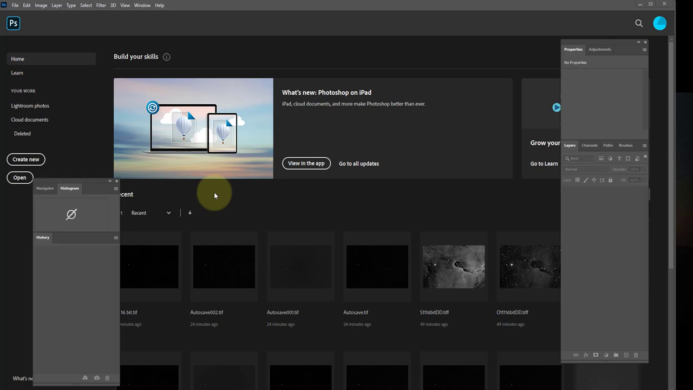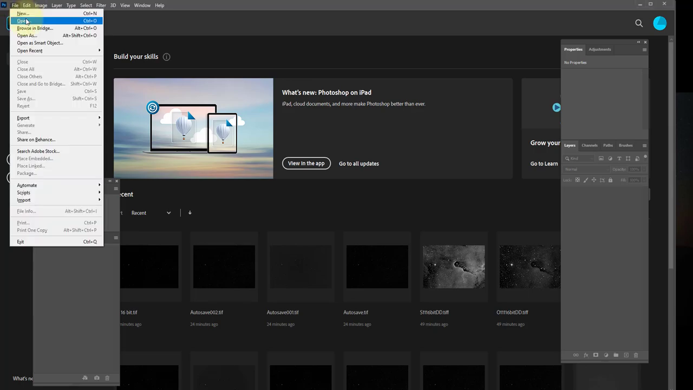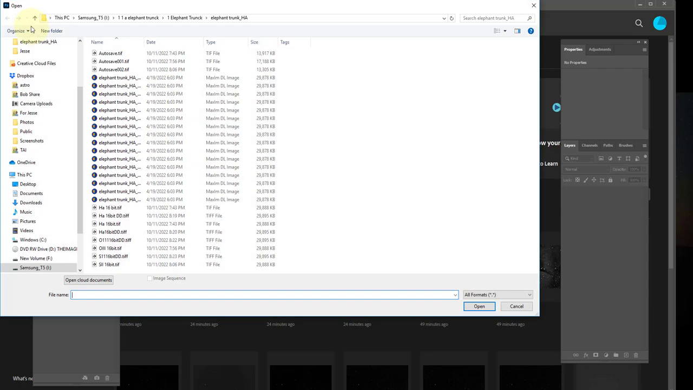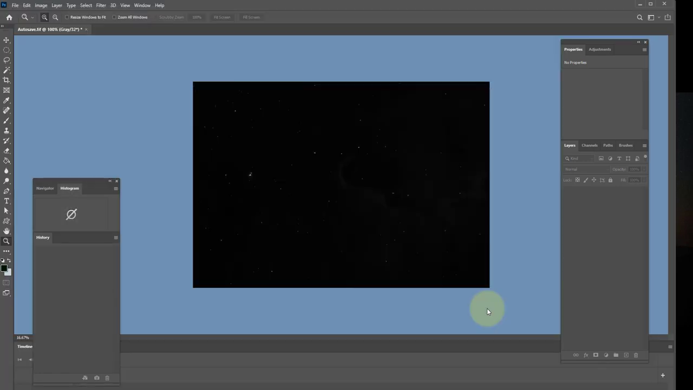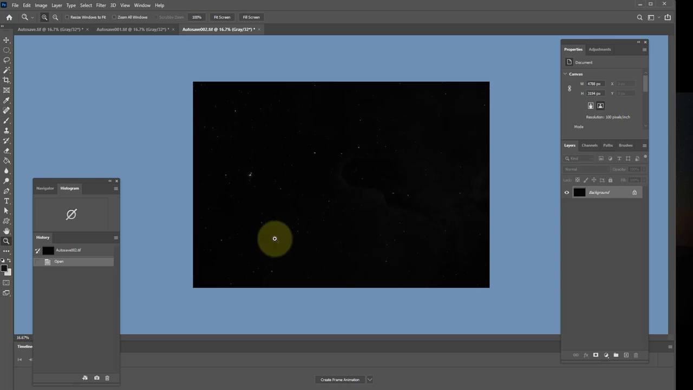We're in Photoshop and we have three images that we just processed using the Deep Sky Stacker. We're going to bring them all into Photoshop. So we're going to say open, and here's autosave 1 and autosave 2. So here we're bringing them all in. Okay, so the autosave is a hydrogen alpha image, autosave 1 is an oxygen 3 image, and autosave 2 is a